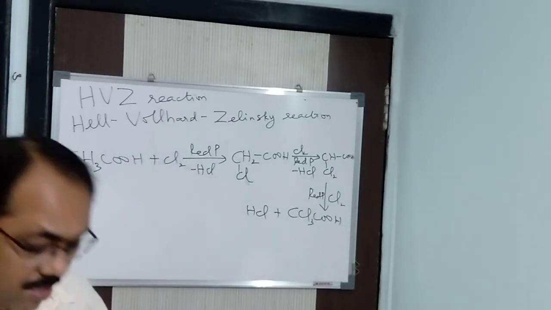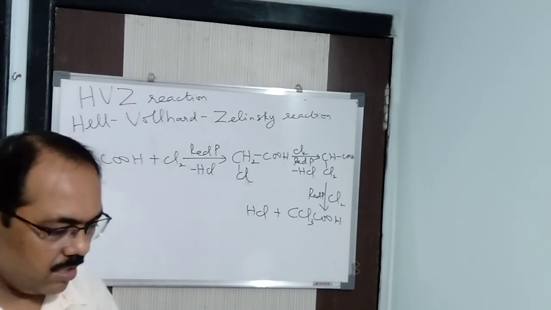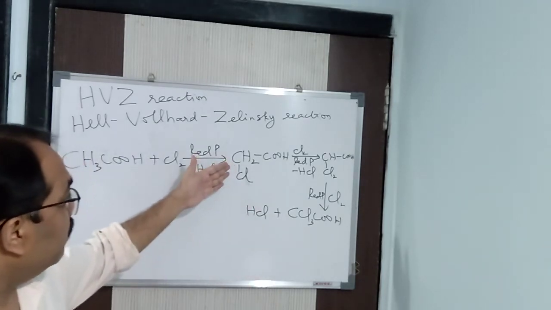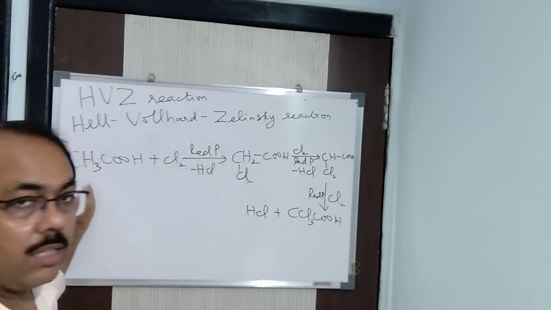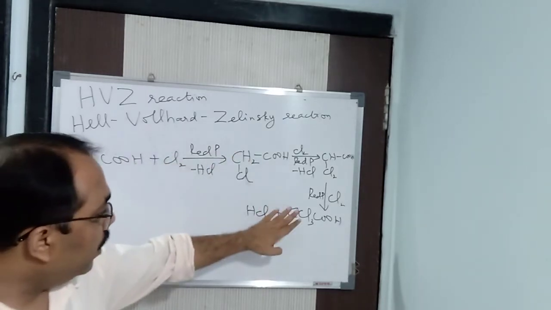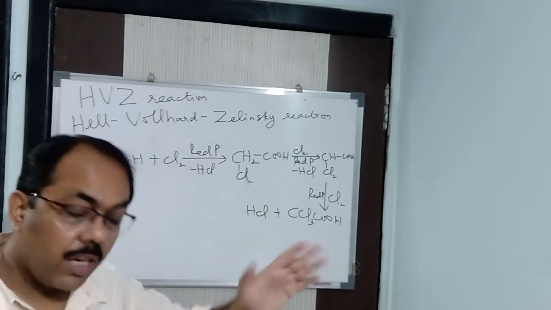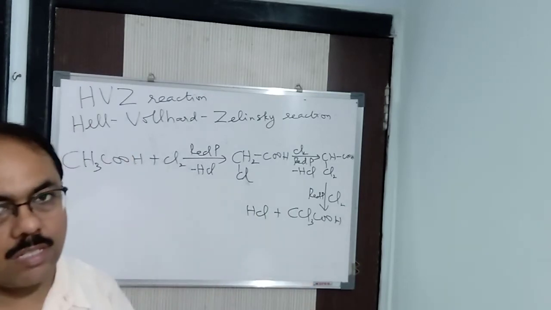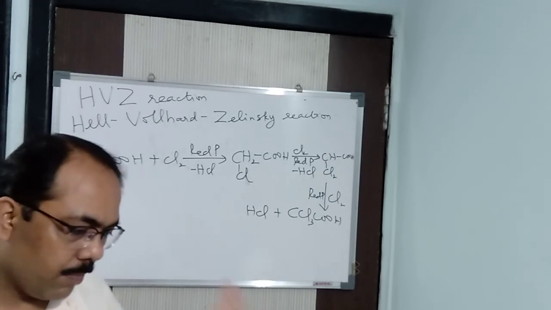But stepwise the reaction takes place. One after another, the hydrogen atom is being replaced. Got it? If you are having another carbon, and you are having hydrogen, that also can be replaced by chlorine. But if you take bromine, it cannot be done. Bromine can replace only the alpha hydrogen atom. It cannot replace the beta or the gamma hydrogen atom if at all is being present. Got it? Why? Because bromine is less reactive than chlorine for that particular purpose.